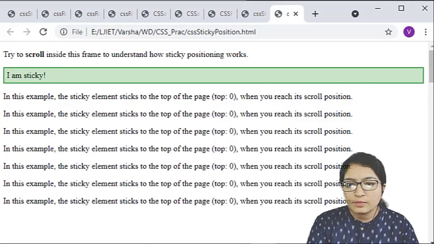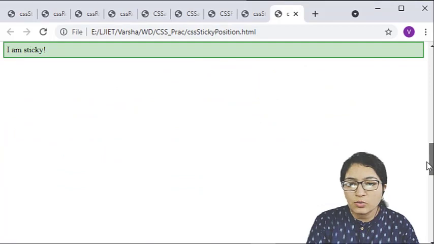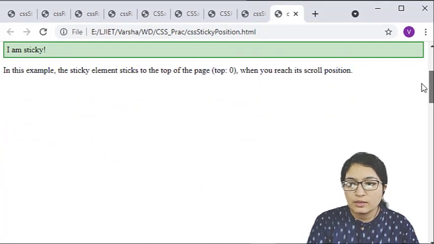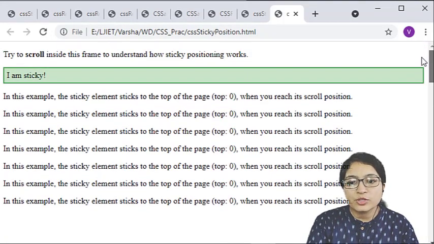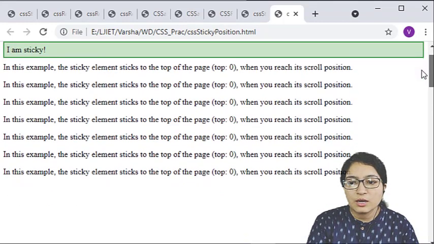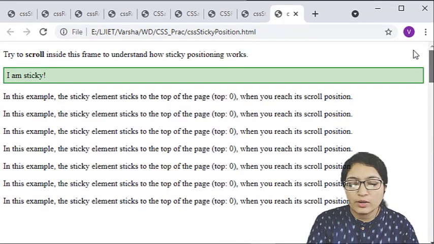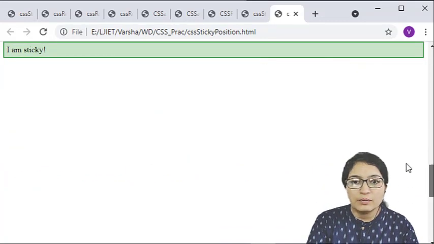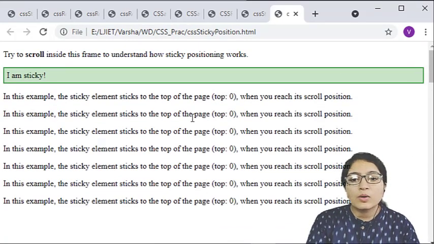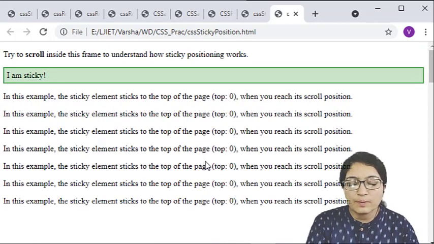Whenever I scroll down, you can see it stays at its position. It is sticky. This is the sticky position.